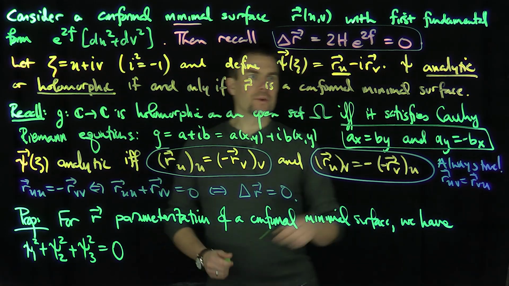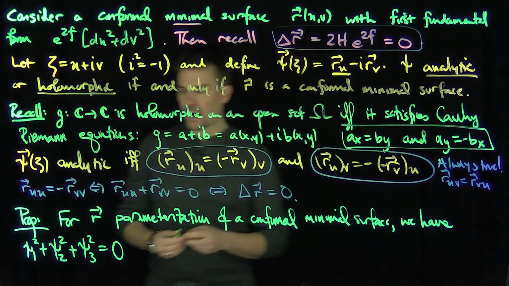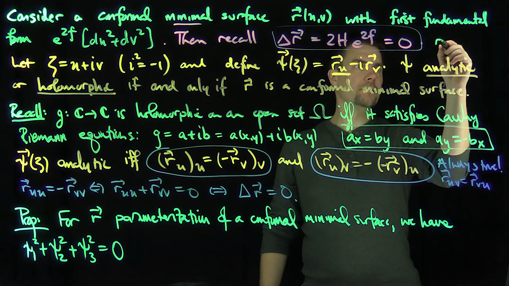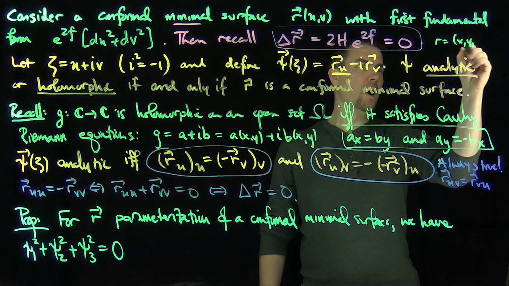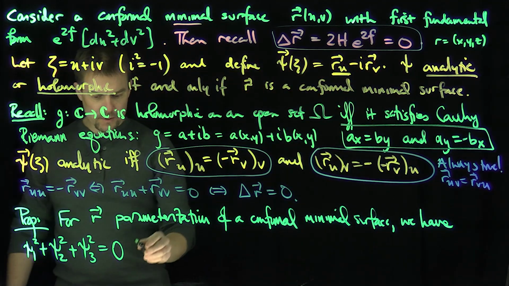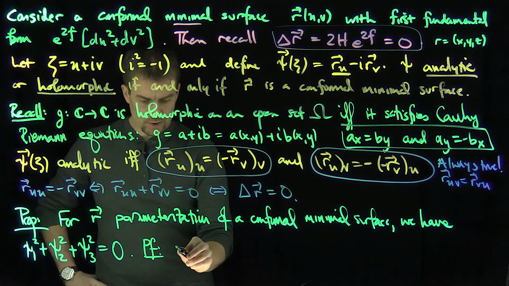Of course, this psi has three components, an x, a y, and a z component, because we're making the surface from R2 into R3, right? And so how do we see this over here? So if we write R as x, y, and then z, right? Then what will this be? So here's the proof of this fact. So the proof is straightforward, right? So psi 1 squared